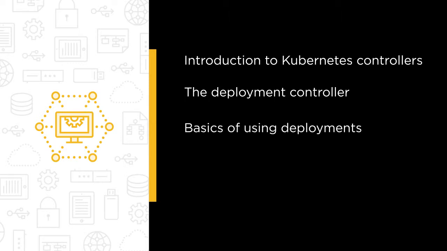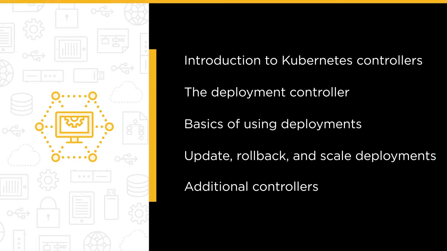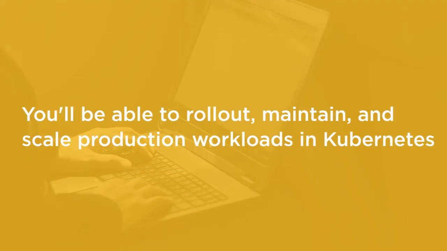We'll start off with an introduction and the basics of using deployments, and then we'll dive deep and learn how we can use deployments to maintain our applications. We'll learn techniques on how to update, roll back, and scale our deployments in Kubernetes. And to wrap it up, we'll look closely at some additional controllers in Kubernetes, the daemon set, job, cron job, and stateful set. We'll learn what scenarios we would want to use these controllers in and how to create, update, and manage applications deployed using these controllers. By the end of this course, you'll have what it takes to roll out, maintain, and scale production workloads in